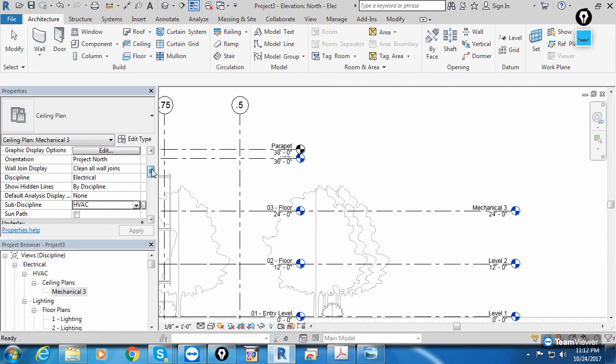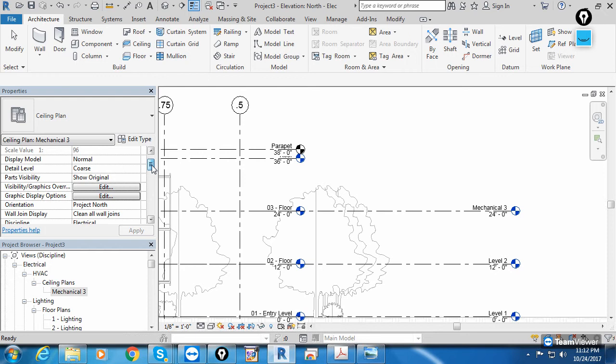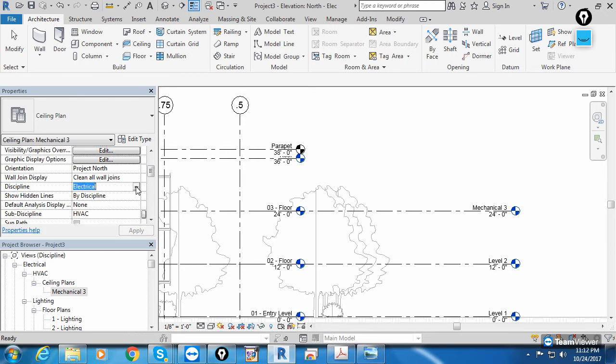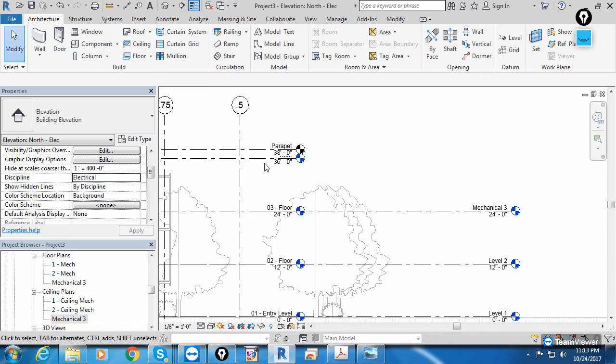After this, in the properties only, you see here electrical is selected, so change this to mechanical. Just do this arrangement initially for one service, and now you can verify. See under floor plan, for HVAC under floor plan mechanical 3, and ceiling also mechanical 3. Okay, similarly I'll create the roof plan also, same procedure.